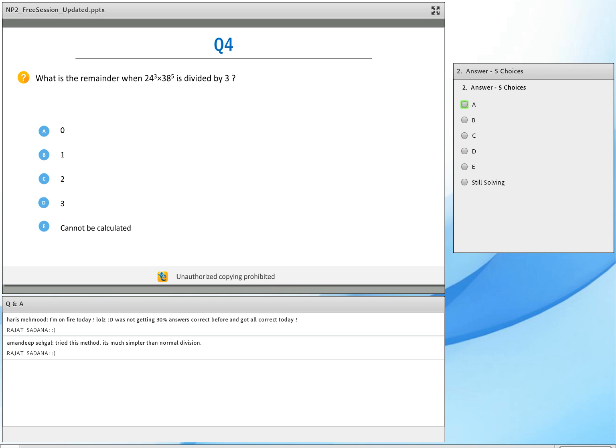Five, 4, 3, 2, and 1. Let me end the poll